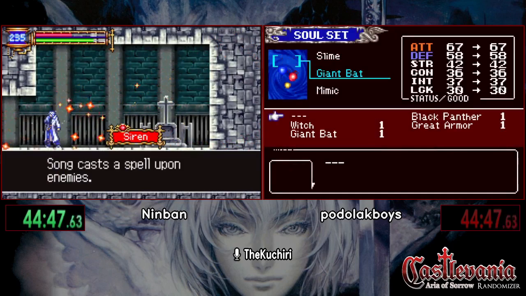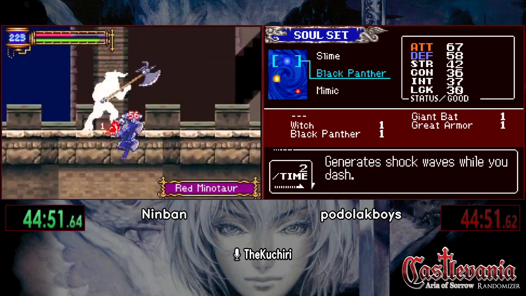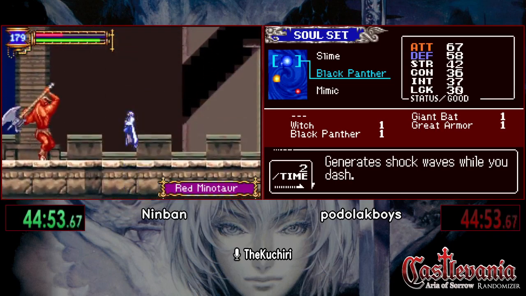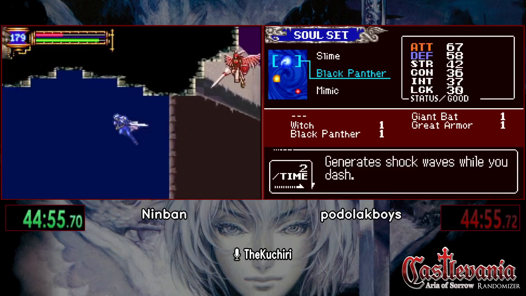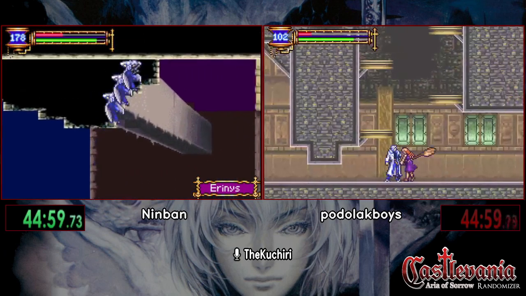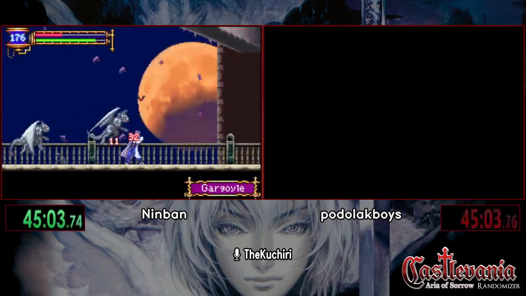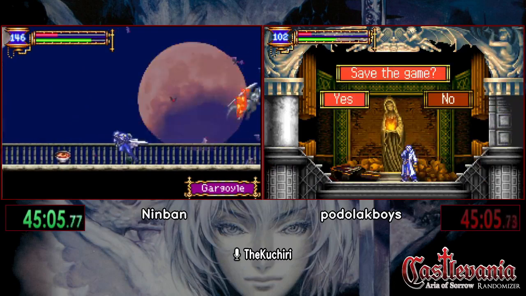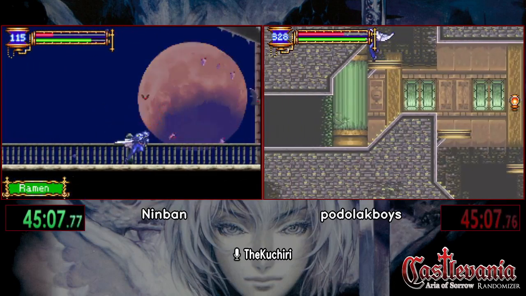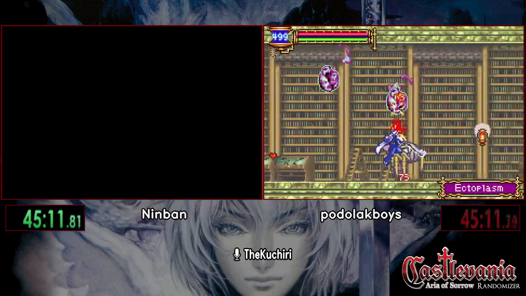Ox-like creature with hardened skin. That was the soul off of Death. Yeah, Podolak is missing that one soul. Ninban needs to go face Death. He has a quick shot to Death through here, by the way. That's what Ninban needs to do once he grabs this ramen. He also needs to go grab that book, of course, but...